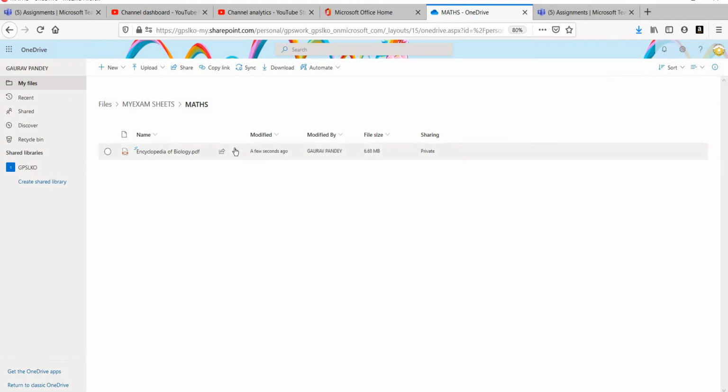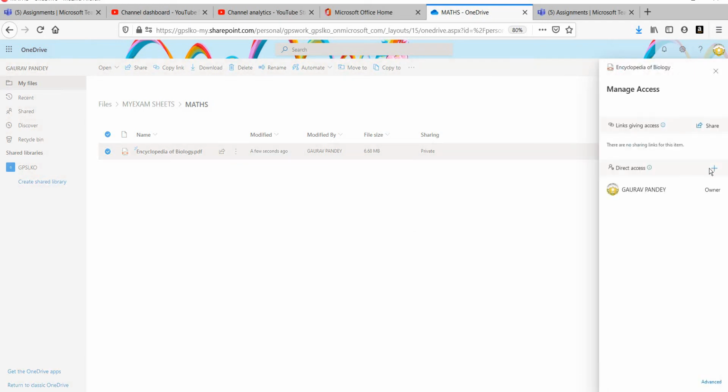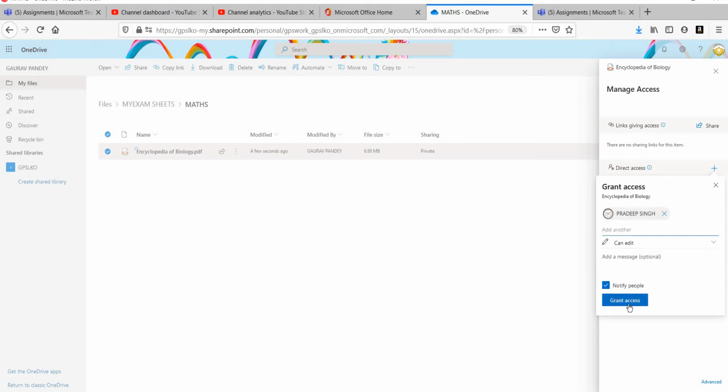Now you will go to the Share option, and this is Manage Access. Suppose you have created a folder or a PDF, then simply right-click on that, or you can use the Share option also. In Manage Access, suppose you want to share this file with a teacher, like Pradeep sir, then grant access.